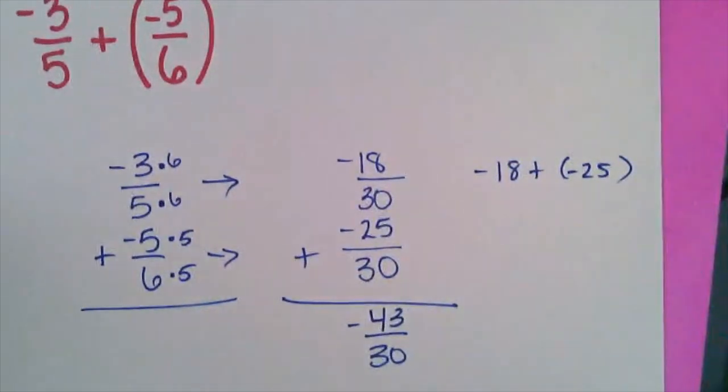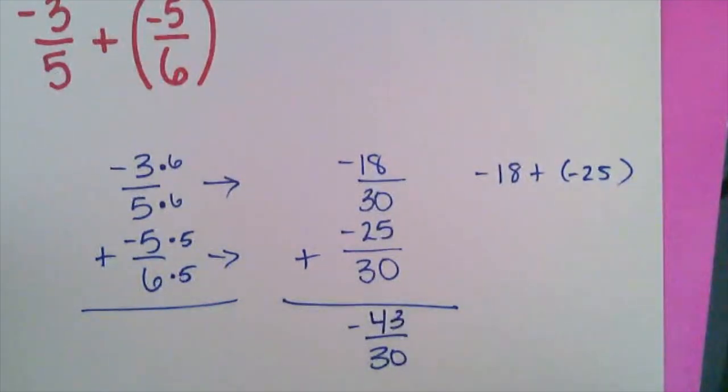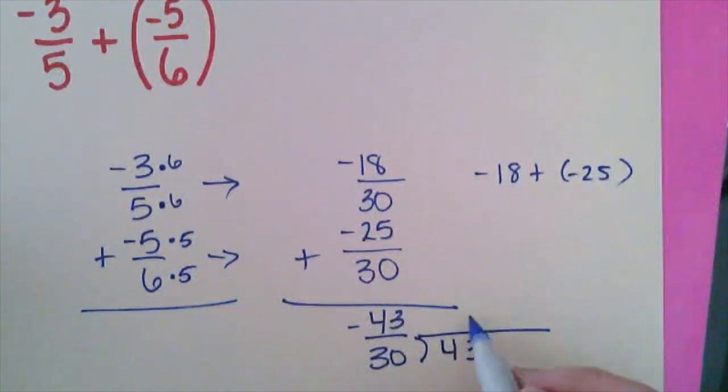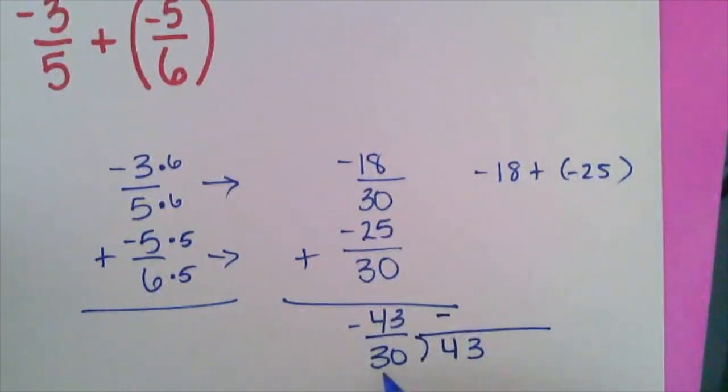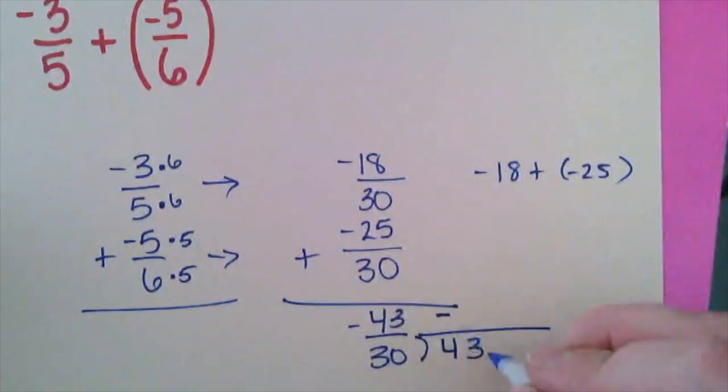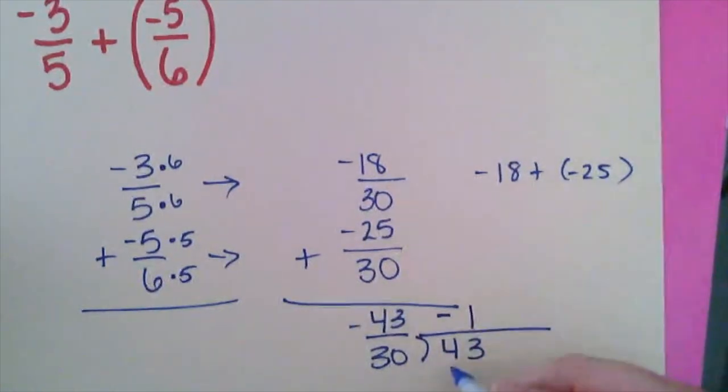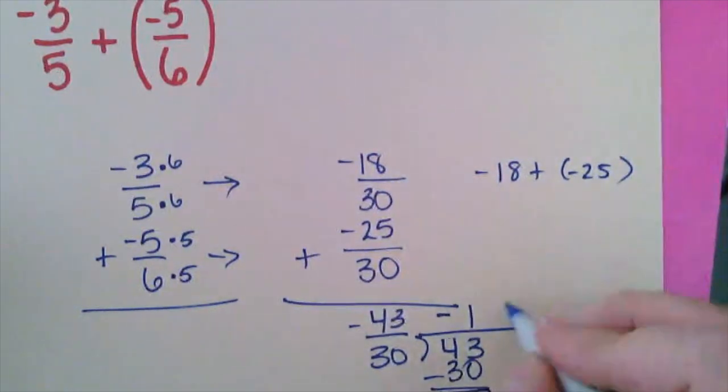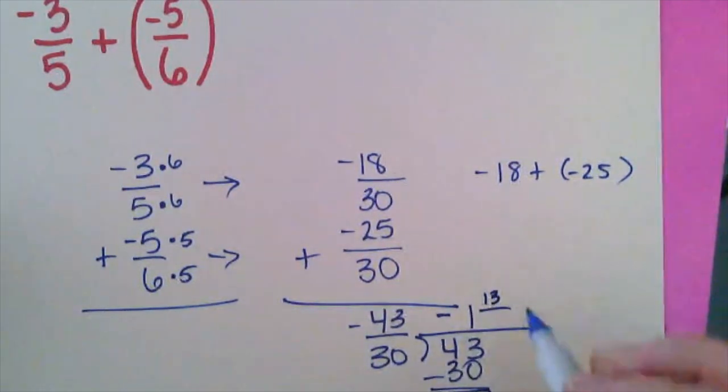Well, I'm not happy with that answer. I don't like that my numerator is bigger than my denominator, so I'm going to drop the 43 into the house. I'm going to bring my negative over into my answer. I want to be cautious about that. Don't drop that negative. 30 does not go into 4, but 30 goes into 43 once. Now I don't want to add a 0. If I add a 0, I'm going to decimals. I want to use my remainder and make that my numerator, keep the same denominator, and my final answer is